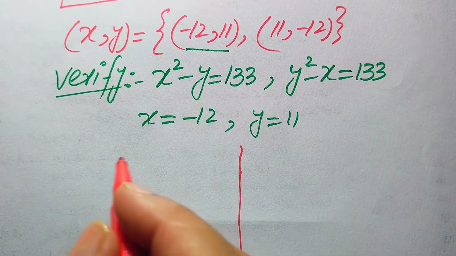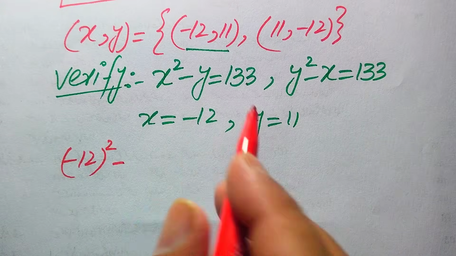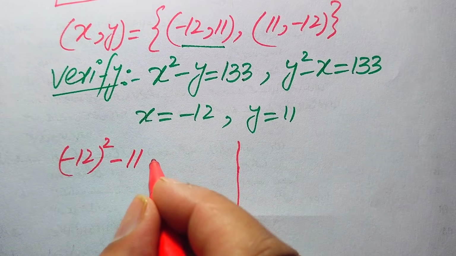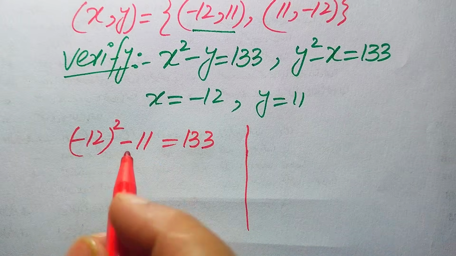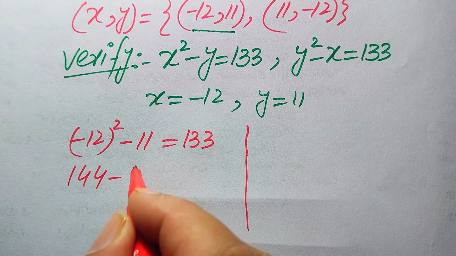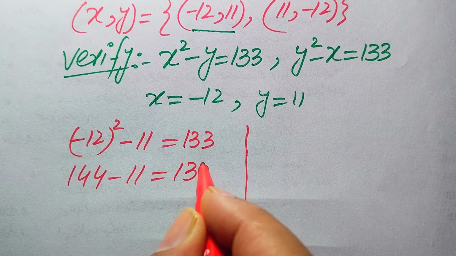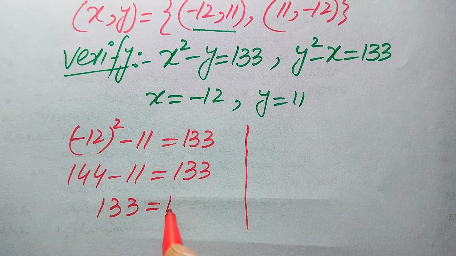When you put this value here, it becomes minus 12 squared minus 11 equals 133 or not. So you know that minus 12 squared becomes 144, minus 11 is equal to 133. So we obtain 133 is equal to